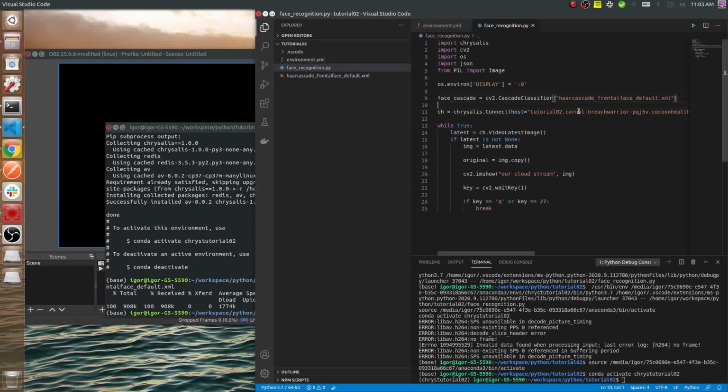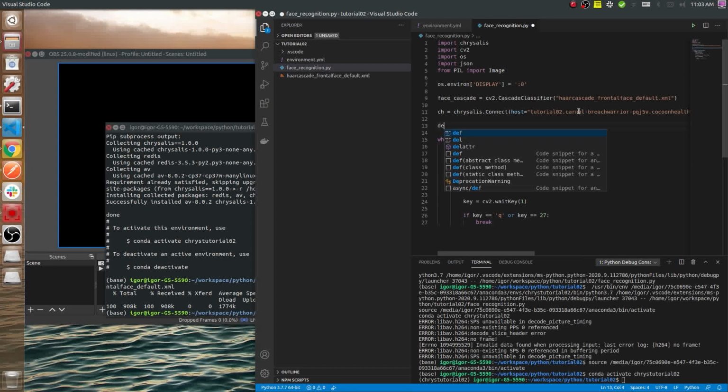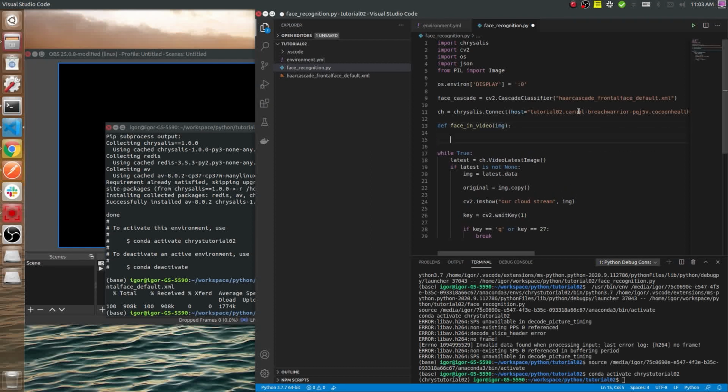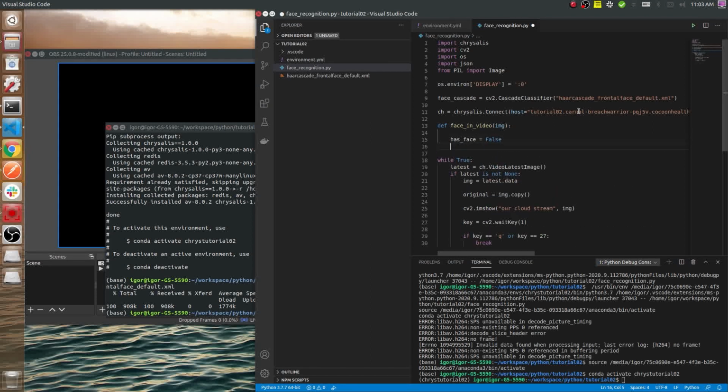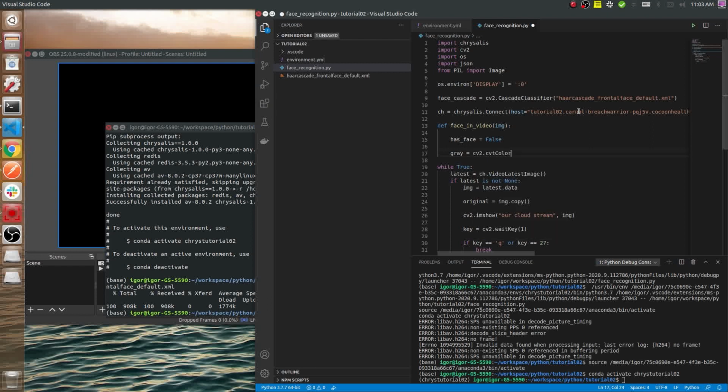Now that we have that loaded, let's write a function that will actually detect the faces, draw a little square around it, and return whether there's a face on the existing image or not. In order to run a Cascade classifier, we need to convert an image to grayscale, and then we can call the detectMultiScale function, which takes in our case 2 parameters. The first parameter is a scale factor. The closest to the one in the model is the best, so we have approximately the same sizes of images,